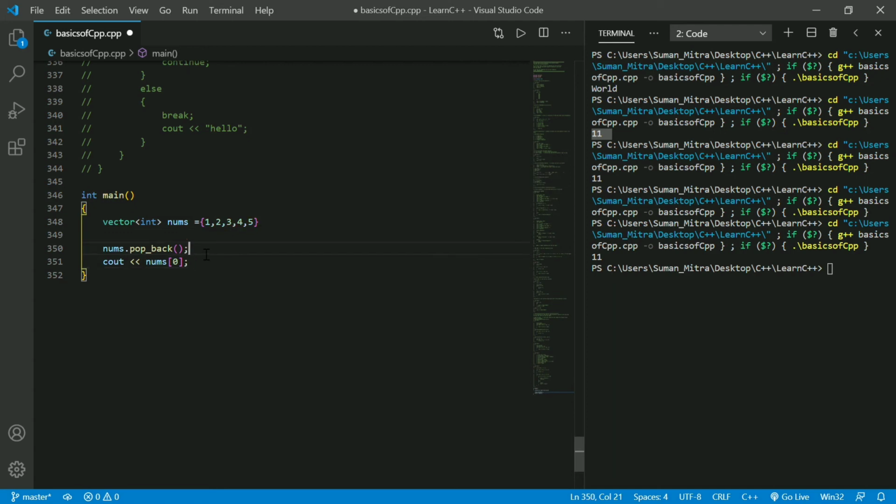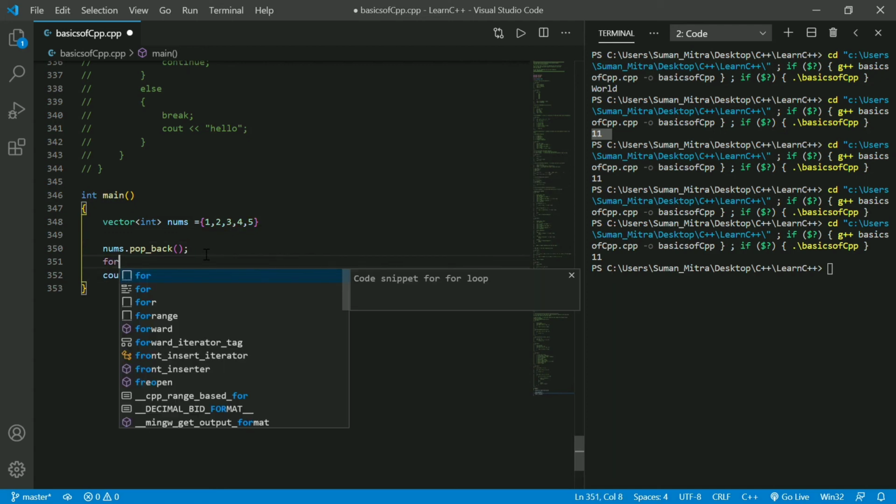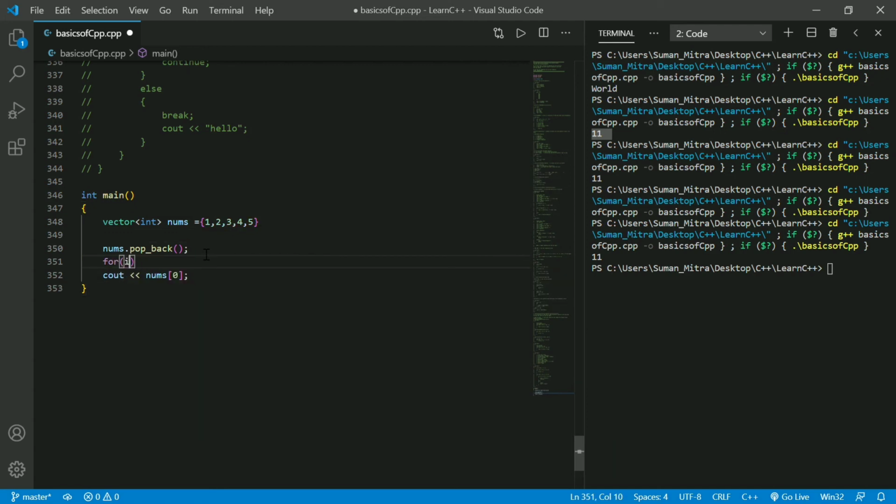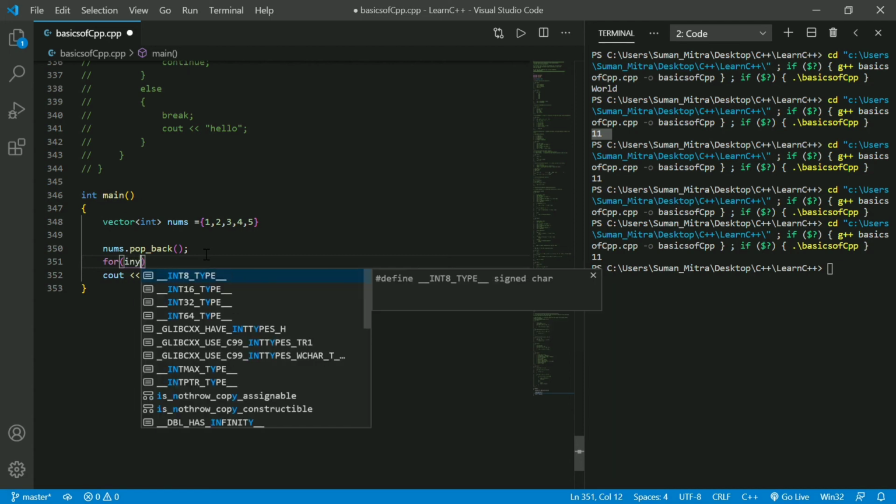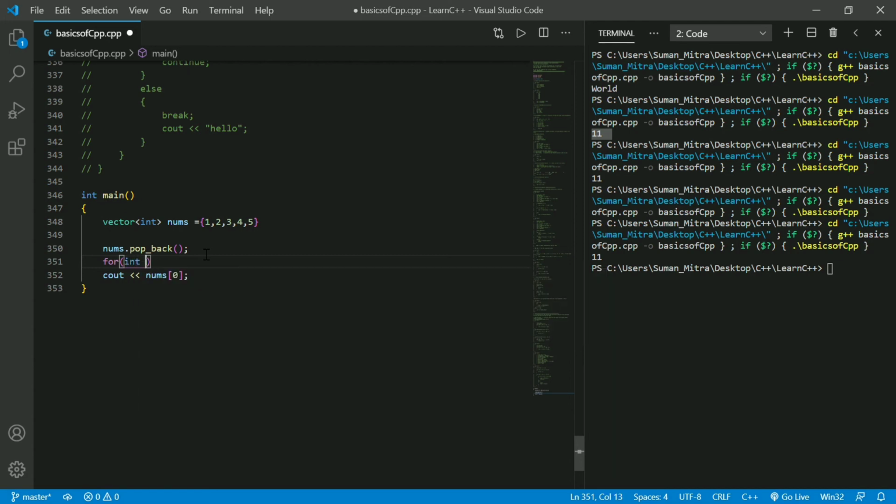Then we'll use a for loop. For int i equals 0. In a vector we can just use nums.size(). This will give you the size, so you don't have to memorize it, and just write i++.